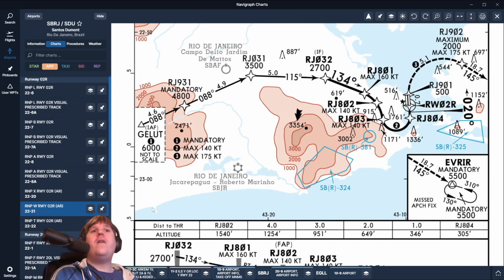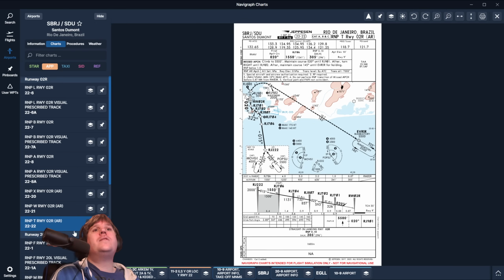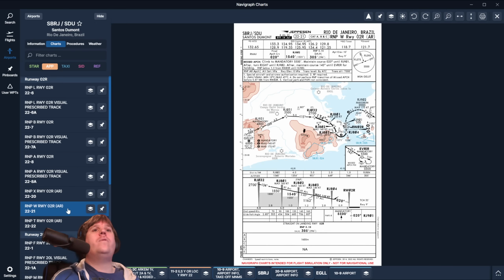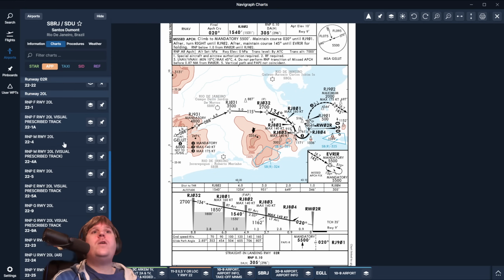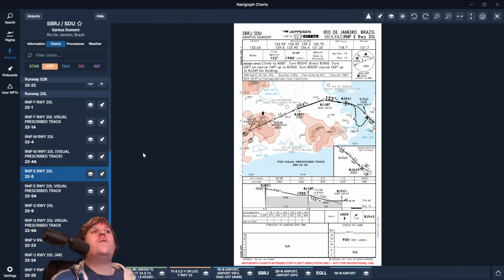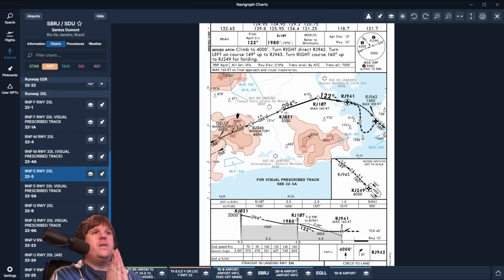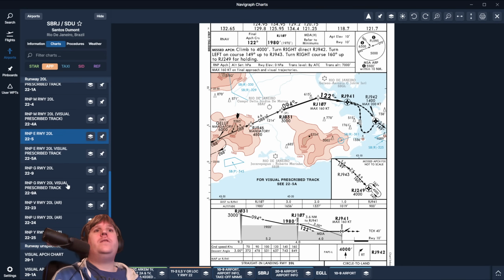So, very obvious. How do you know in this case, in RNP? Well, if we're coming from the south, it's going to be the Tango. If we're coming from the west, it's going to be the Whiskey. If we come over, let's take a look at 20 left. Here we've got Echo. Now, the last point to make on this video: